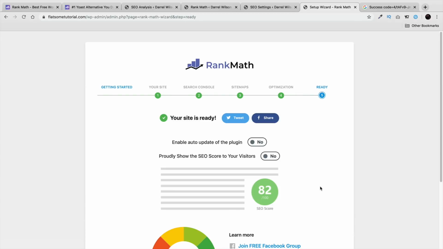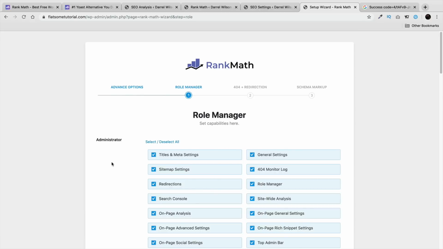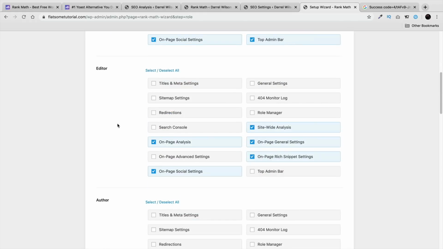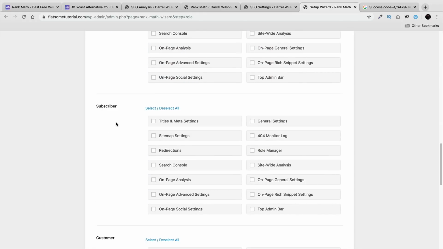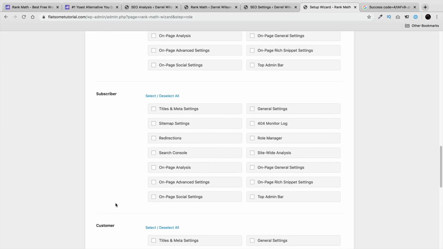And it looks like right here, it says your site is all ready. However, let's go ahead and click on the setup advanced options, and let's go ahead and talk about those really quick. So this right here is the role manager. Now, this kind of works like page builders. So page builders also have role managers. So you have administrator, editor, author, contributor, subscriber, and customer, and also shop manager and vice versa, depending on what